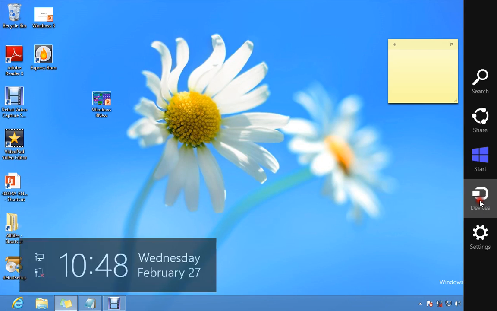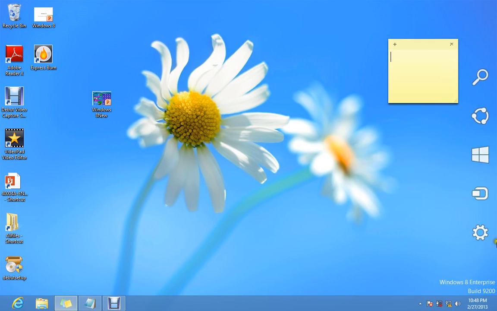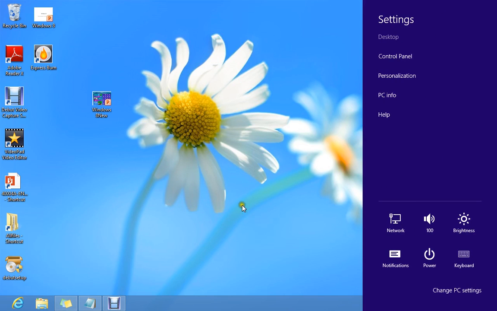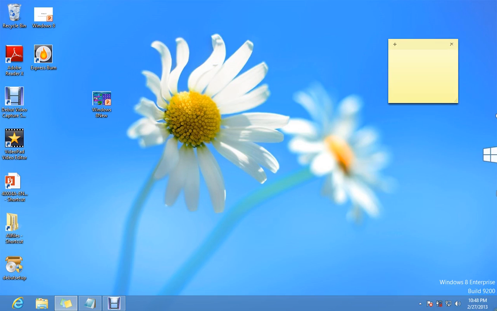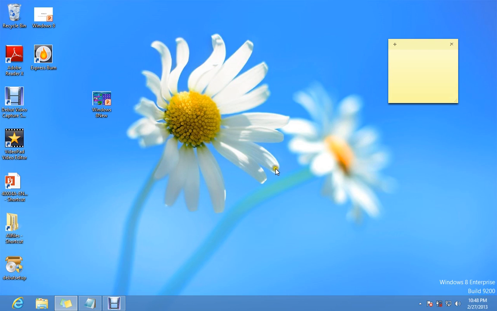The fourth is the devices contract, which will display all the devices that are connected to your system. The fifth contract is settings. If you have done any settings to your system or any application, then that will be displayed here. So these 5 contracts are available throughout the application, but if a developer wants to enable the search within the application,